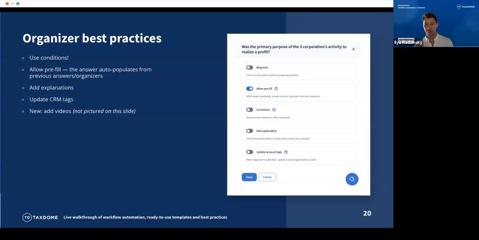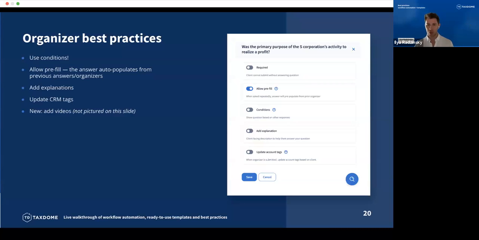Okay, tell me about your rental property, right? That's what you would do in a meeting in person. You wouldn't say, okay, let's come back next week and we'll talk about your rental property. You'll probably just talk about it right there and then. So by having one organizer with conditions, it's going to grow over time, right? It's going to be really big because, again, the tax code is big, or the amount of information you might want is big, but it allows for a really seamless experience for your client of having everything in one place